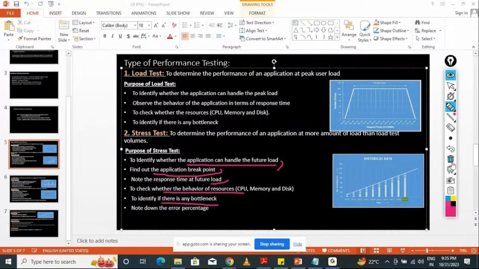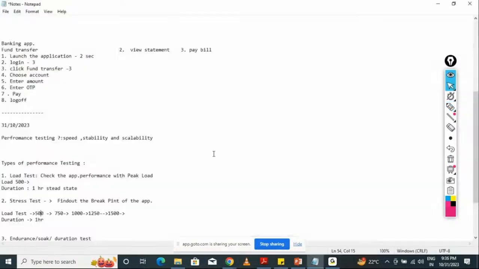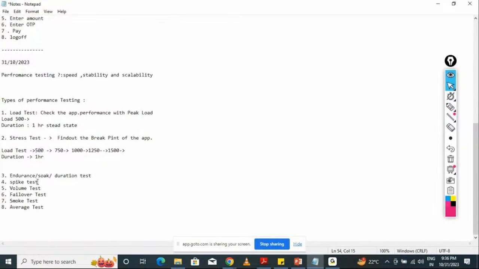Okay, next, spiked endurance test. Okay, the main aim of the endurance test is application stability. If you observe here, performance testing is measured in terms of stability. In this endurance test we can find out how stable your application is